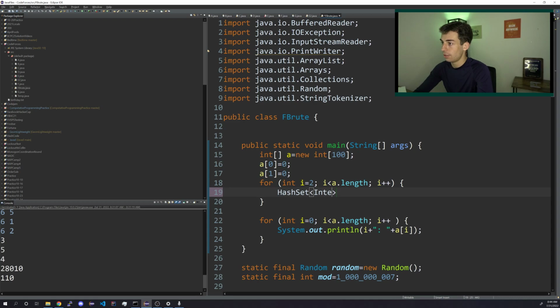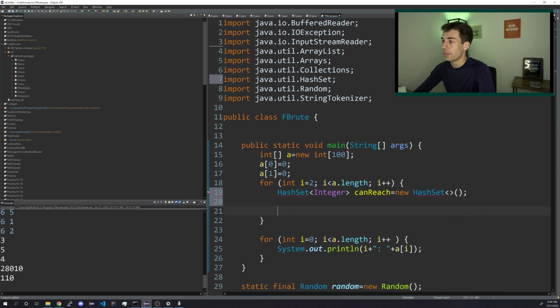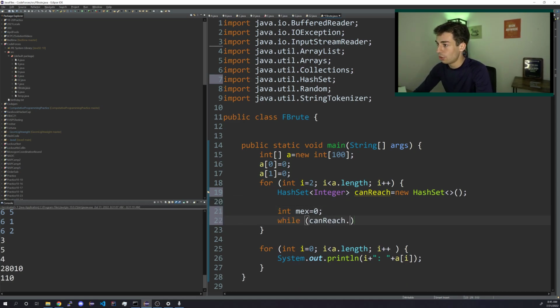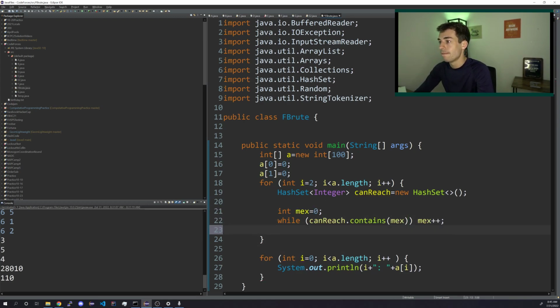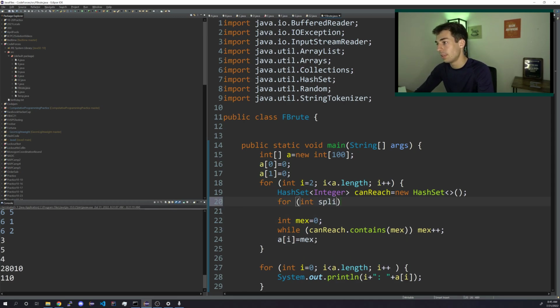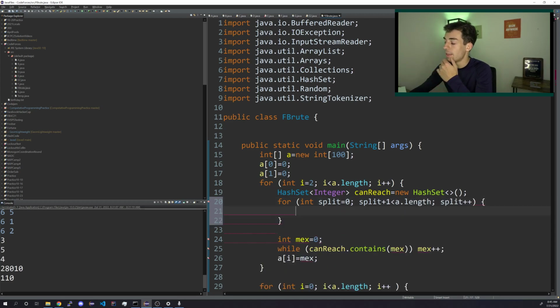HashSet of Integer canReach equals new HashSet. Oh, I guess, well, if we have the Grundy numbers, then we're set, right? So this can just be the real solution. Then int max equals 0, while canReach contains max, max plus plus, and then A[i] equals max. Okay, so then for int split equals 0, while split plus 1 is less than A.length, split plus plus, and then this will be,